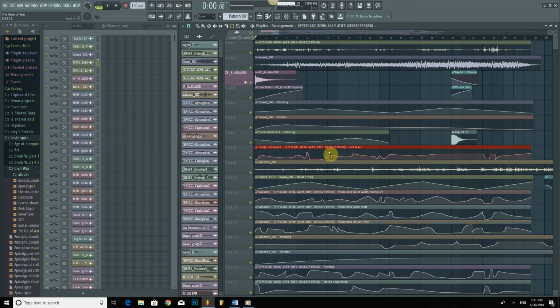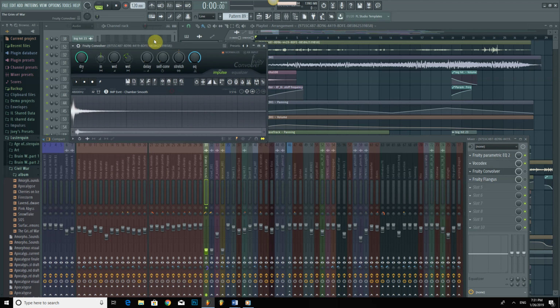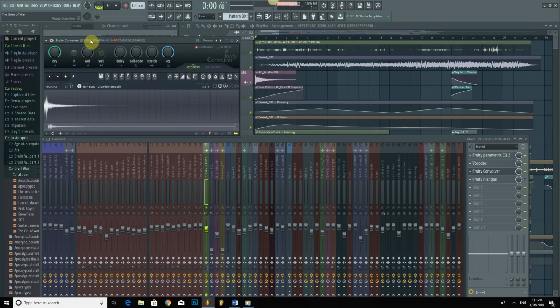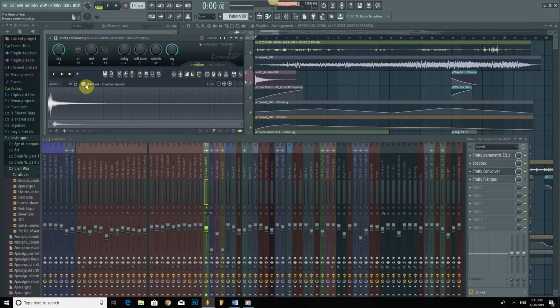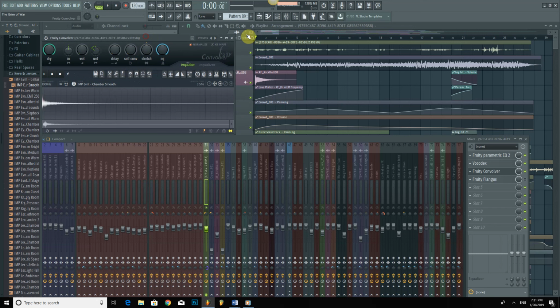Then we have an interesting clip here. This is Fruity Convolver, the wet level. This is basically the reverb. Or wait, you can't hear it because it's off. Okay, and so this is the sort of environment that I created. You can select an impulse here if you click this, and you can select just any sort of space that you want to give the sound. And I just picked a random one here because what I was interested in was